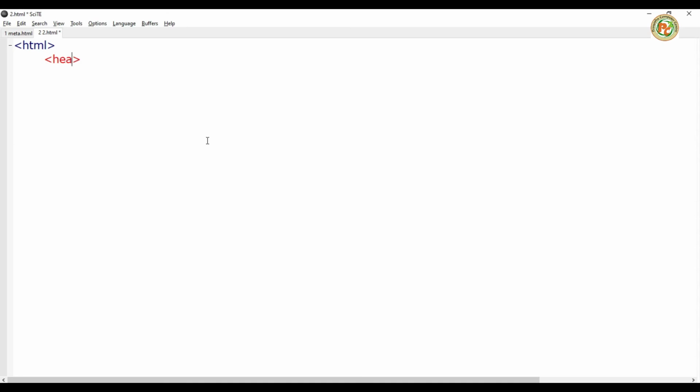Now here I will write HTML. Inside the HTML our head tag will be there. Inside the head tag the title will be there, and inside the title I will type here notice, and close slash title. Okay, so sorry, not body but head tag will be closed here. Now we will start the body tag, and here we will close the body tag, and then after that we will close the HTML. Now press Ctrl S.